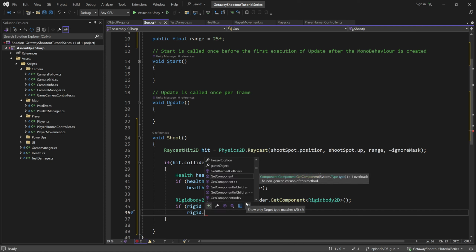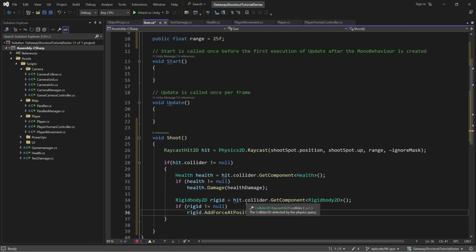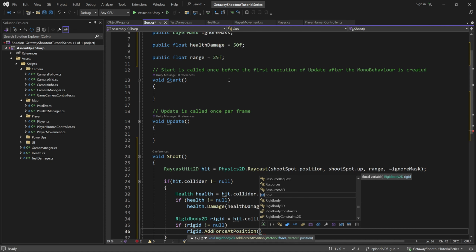And the thing that I want to do is apply a force. So Unity has this function called add force. But what would be even better is to actually do it at position, because with a gun, there's a specific point that we're hitting on the object. So I'm going to use that function. And basically, this function has the parameters listed below. We just need to give it a force. And with the force, I'll actually create